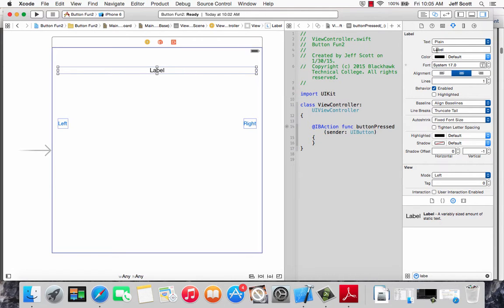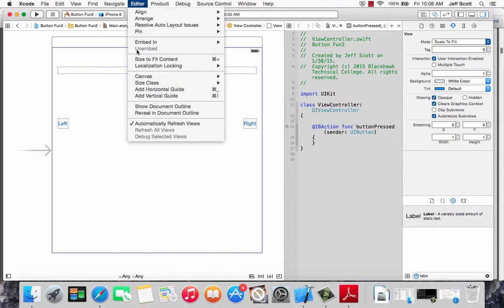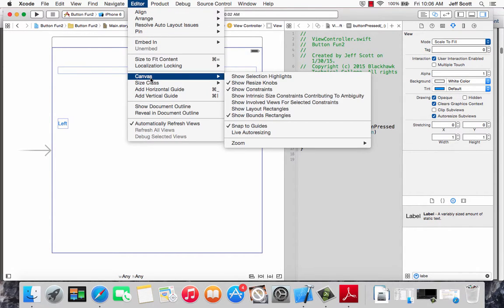All right, and they say that we don't want the text that's in here. Now notice that once I remove the text and I get off of here, it may or may not be hard to tell that I've got a control here. Well, I've already done something because I did it before, but they say if you've got invisible elements like empty labels and you want to be able to see them, then go over to Editor, Canvas,